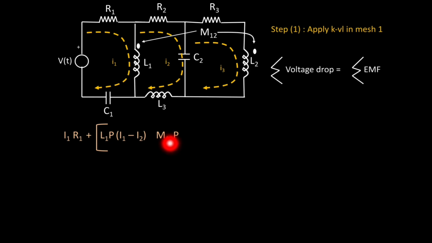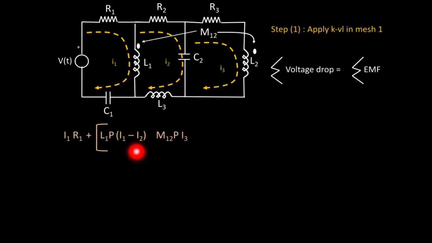Now we have to multiply this ohmic value with the current. Which current do we need to consider? We have to consider the current flowing in the second coil with which L1 is mutually coupled. For the voltage drop of self inductance, we considered the current flowing through L1 only, but when we write the voltage drop because of mutual inductance, we consider the current flowing in the second coil, that is L2. Which current is flowing through L2? We know L2 is connected in mesh 3 and I3 is flowing in mesh number 3. That's why M12 into I3. So this is the voltage drop because of self inductance, and this is the voltage drop because of mutual inductance.